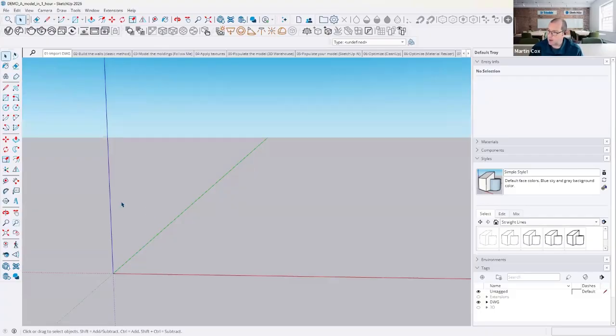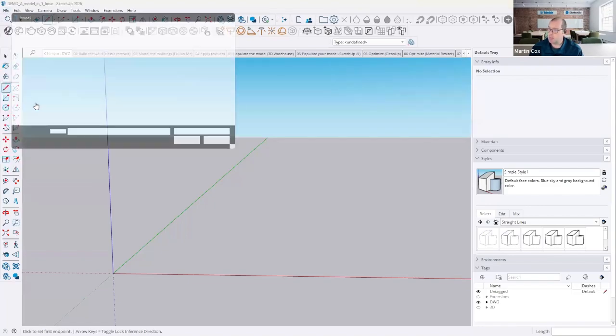So when we work within here, we can work using our tools directly from the start. And if I just use my line tool, we can snap to the origin, and I can start drawing and moving along my origin points or my axes there as well. And I can type a length that I want that line to be, or we can snap to other points, measure it, change it as we go. But what I want to show in this particular version, I'm actually going to import a DWG file. So if I choose import,